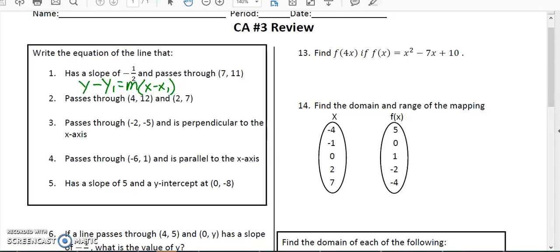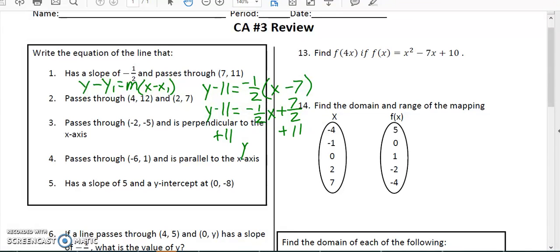Then you could definitely do y minus 11 equals negative 1/2 times x minus 7. And if you had to convert that to slope-intercept, you could distribute the negative 1/2. So you'd have y minus 11 equals negative 1/2 x plus 7/2, and then you could add 11 to it, and then you would have y equals negative 1/2 x